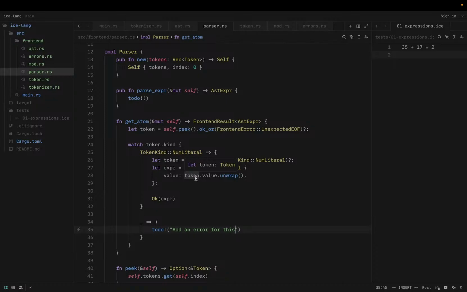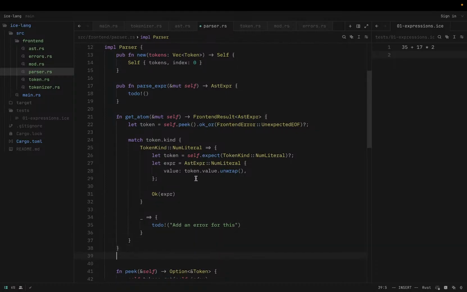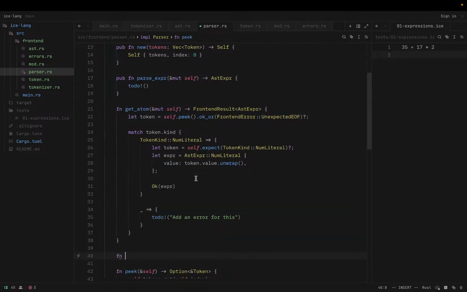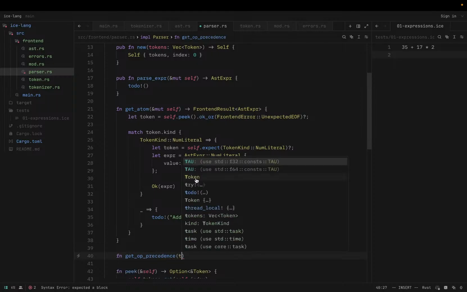But before we actually parse expression, we need to implement another function called get operator precedence on a token